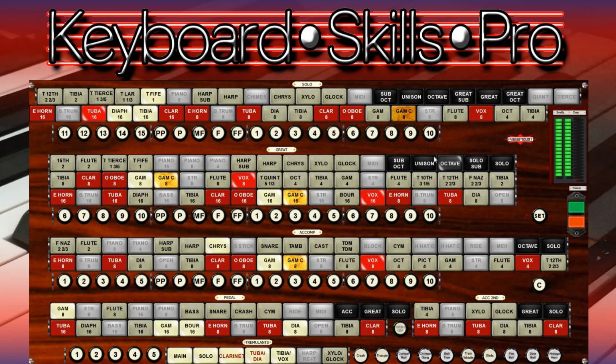Oh, that is shimmer. And on the top keyboard, you won't get a 1 foot, you'd probably get a 2 foot tibia. But again, look, low reeds, diapason, nice sort of... There you go, look, strings. You wouldn't think that a 16 foot and a string and a vox would work, but I'm actually playing chords,